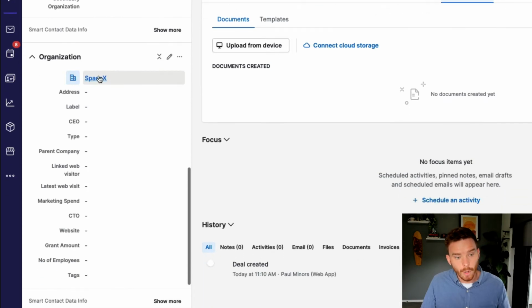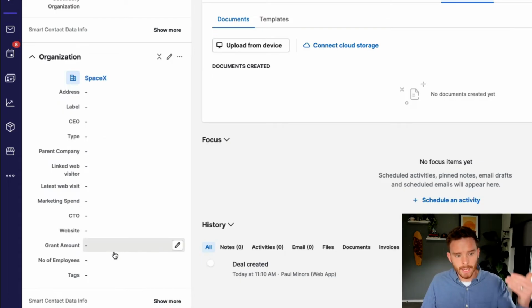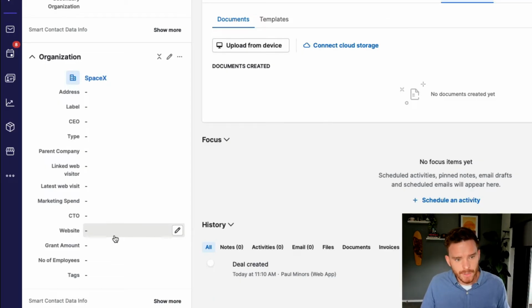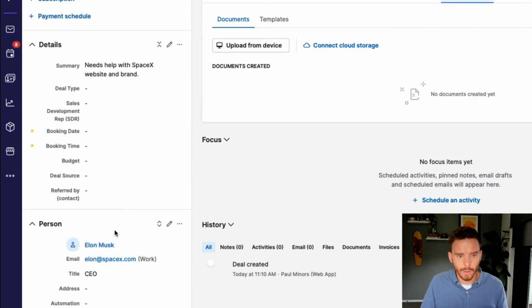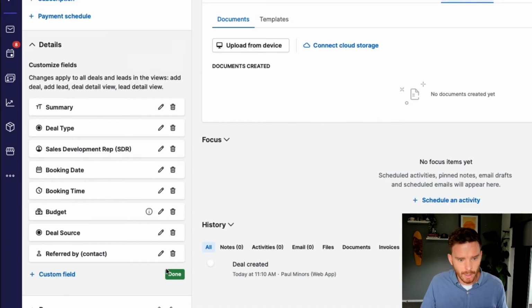And then finally, you've got custom fields on the organization that you can create. And so this could be useful for things like what type of business is it? Is there a parent company? What industry do they operate in? Number of employees, website, that type of information. So just keep that in mind when setting up your custom fields, is make sure you're putting the field on the correct object. You can either add new fields in here by going to Customize Fields, or the other place